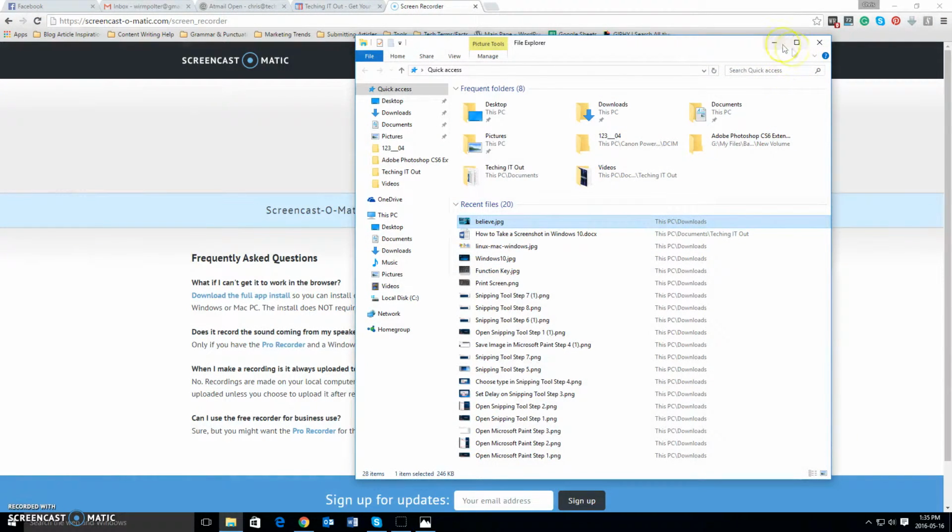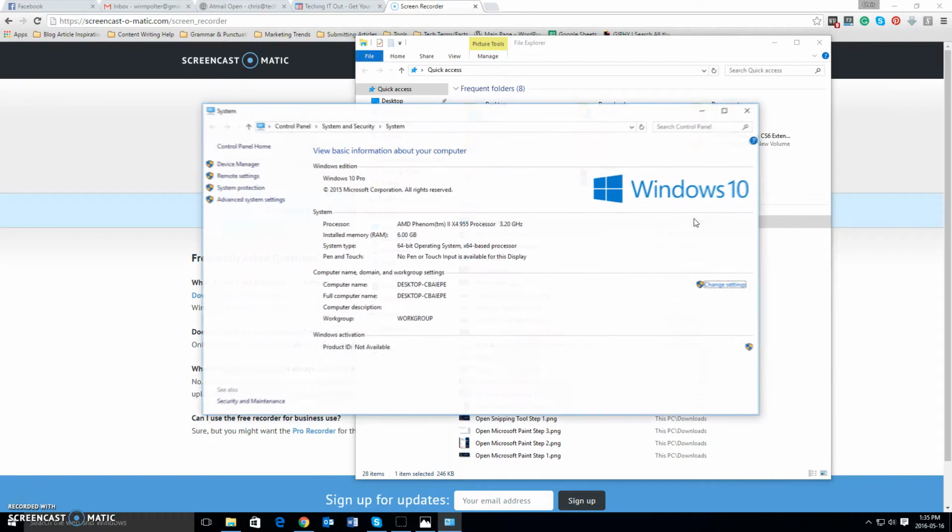Now, alternatively, if you don't have anything to do and you just want to take the screenshot, what you would want to do then is use the Windows logo key, which is usually found on the bottom left-hand corner area of your keyboard, plus the print screen, and alternatively using the function key if you need it. Now, what happens is if I do that, you're going to see,